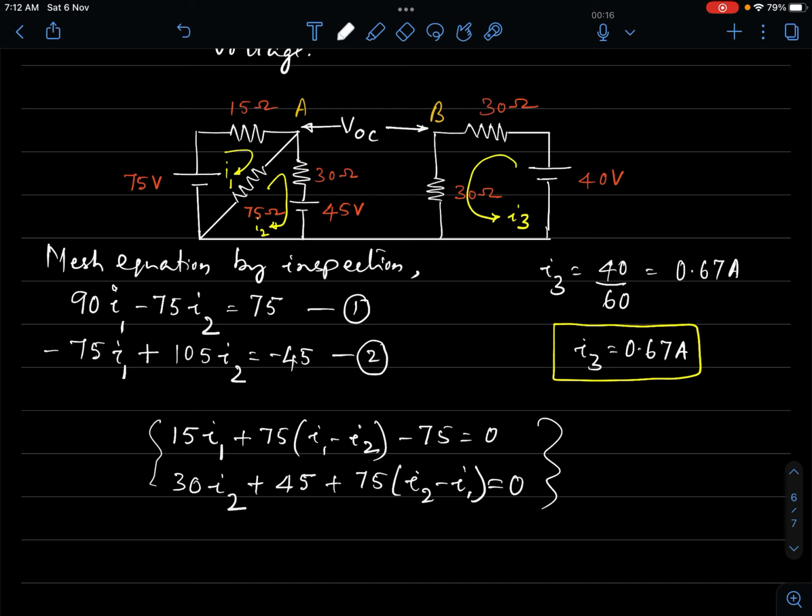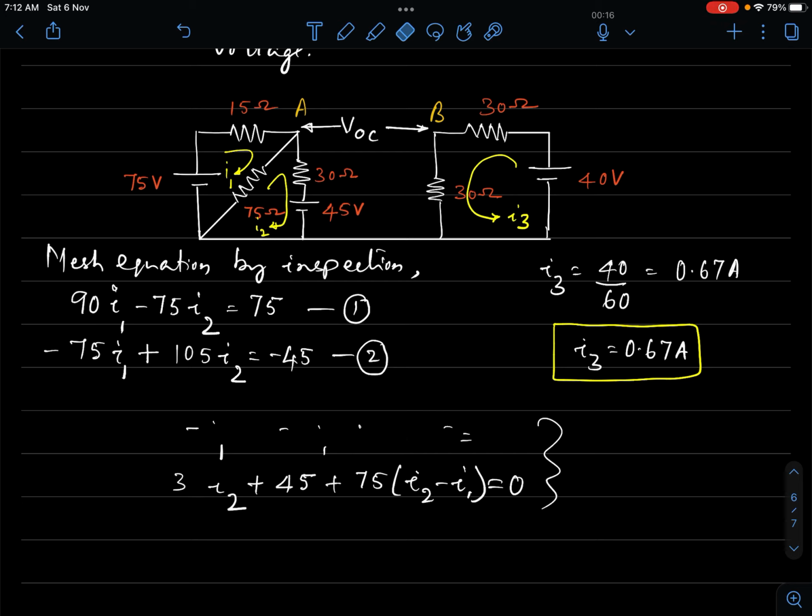So without writing these things, we are able to write it by inspection. That's it. Whichever way is convenient to you, you can do it. So the latter way, that is writing the equation in this manner, you will not make any mistake. This way there are chances that one may make a mistake. Anyway,